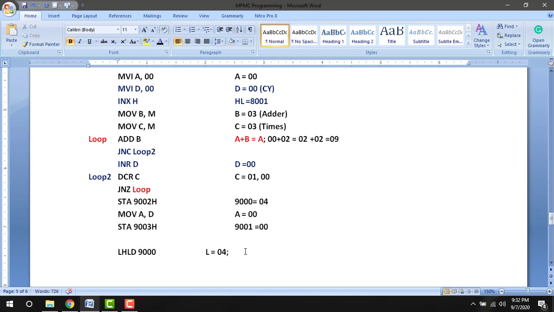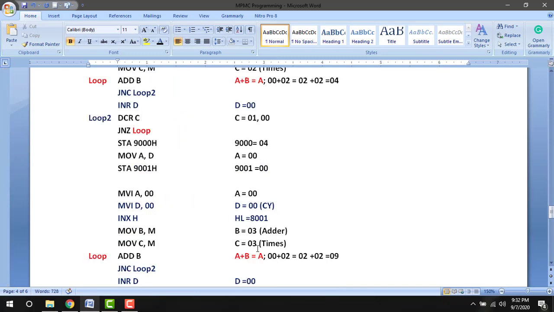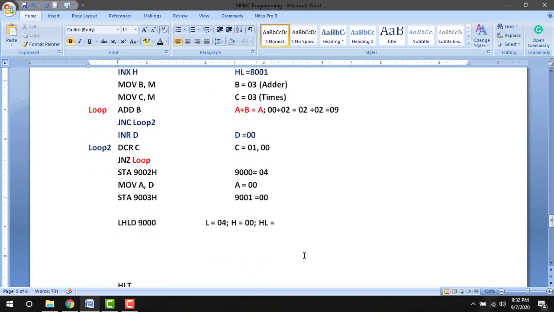And the content of H register will be from 9001. In 9001 we have the data 00. So overall in HL pair we have H register 00 and L register 04. So this is the A square. So the A square now is loaded in HL pair.